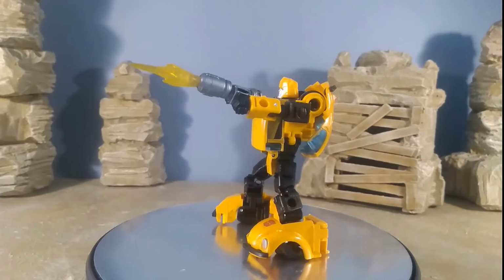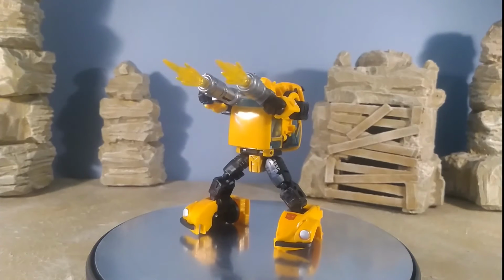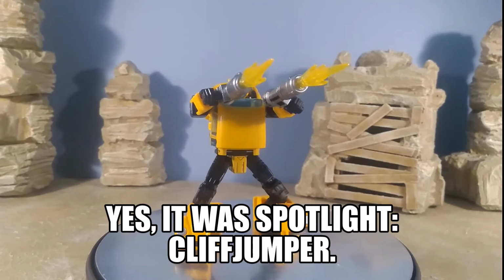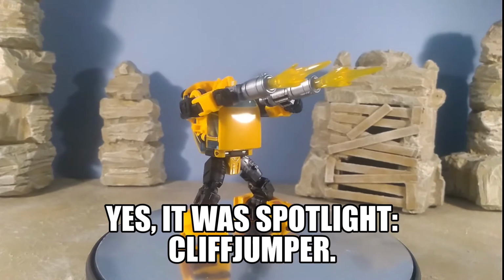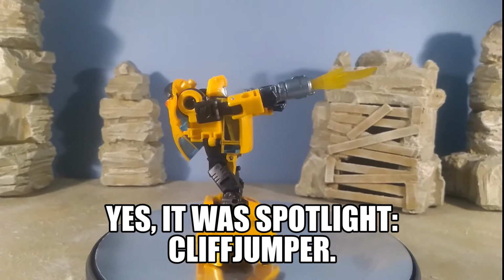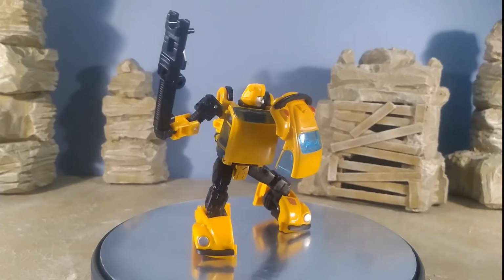with them. There's one of the old IDW comic covers which I couldn't find. I'm sure it exists. This actually might be my memory playing tricks on me. It might actually be Cliffjumper on the cover, but I'm like 90% sure it's Bumblebee, him blazing away with 2 guns running towards the screen, or running towards the reader. That's pretty cool. The back end of the VW vehicle mode, just like the back of the vehicle mode does